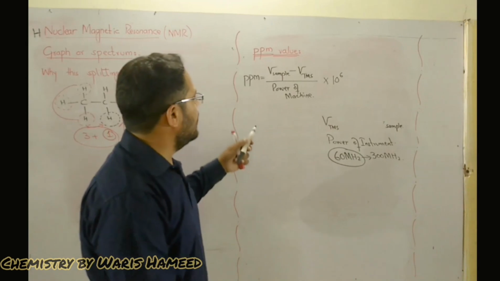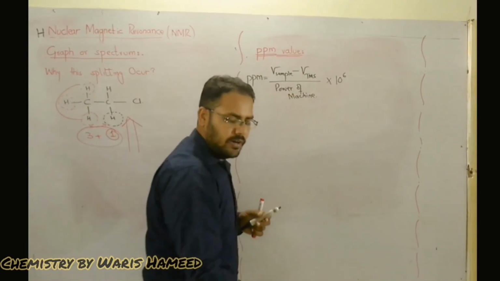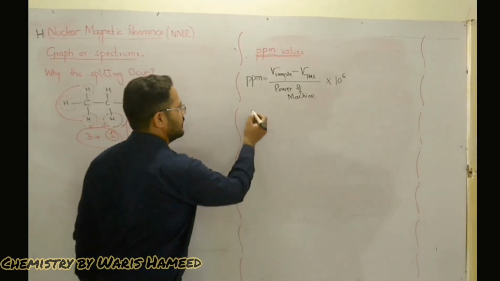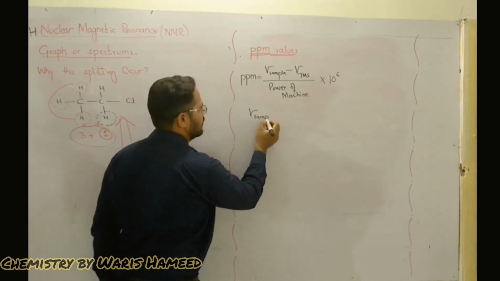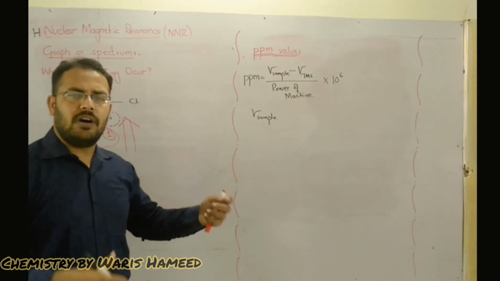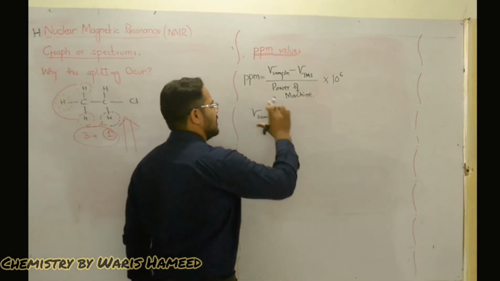This is the formula by which we can find the ppm value for an organic molecule. Suppose the absorbance of the sample... I am finding the value of ppm for a hypothetical organic molecule. The absorbance of the sample is